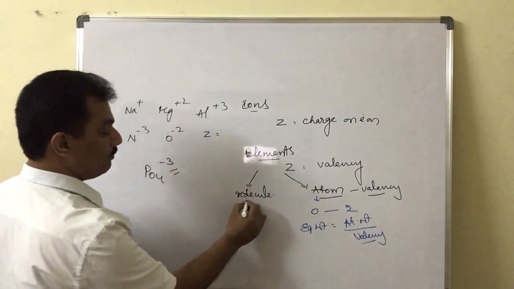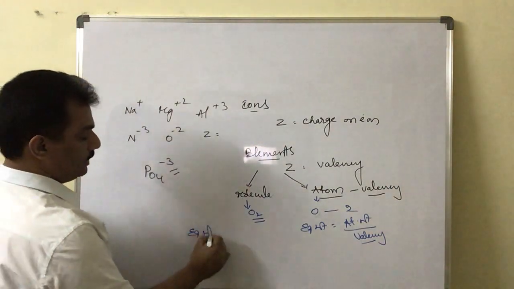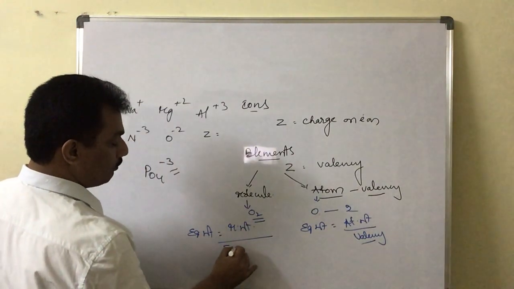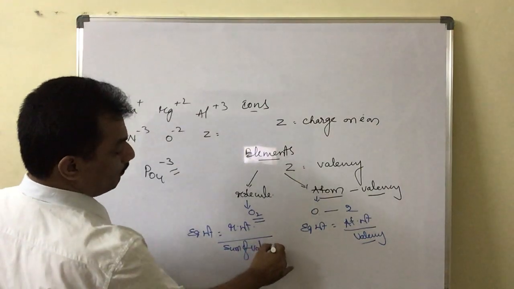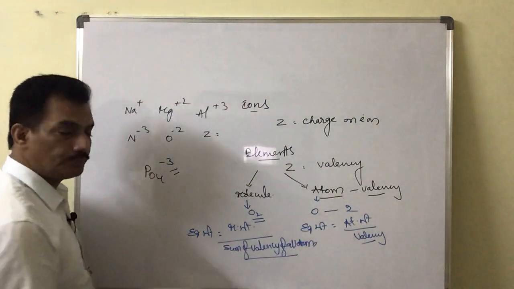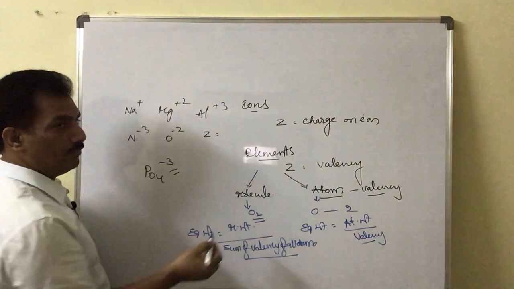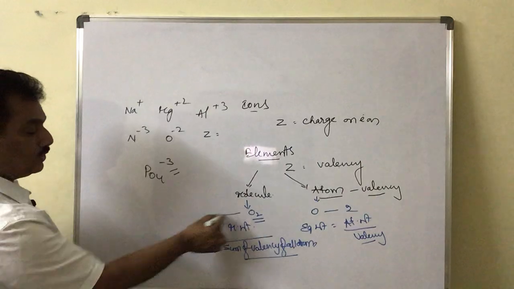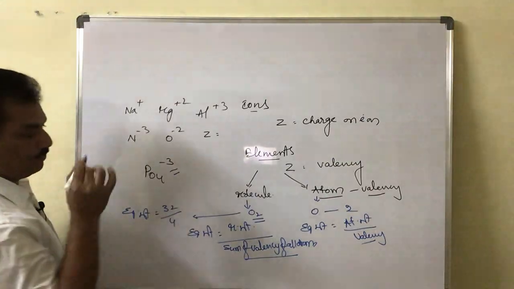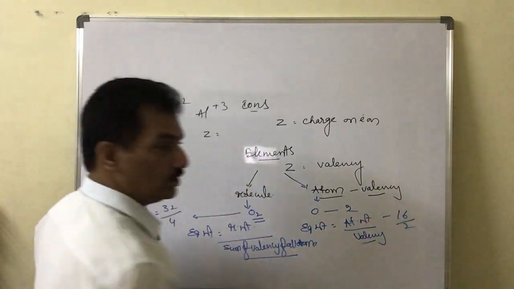Now, if the oxygen molecule is given, then the equivalent weight is measured as the molecular weight divided by the sum of valencies of all atoms in the molecule. Here in oxygen, 2 atoms are present and each atom has a valency of 2. So if the molecule is given, the equivalent weight will be 32 by 4, and when the atom is given, the atomic weight is 16 by 2. Just observe the difference.